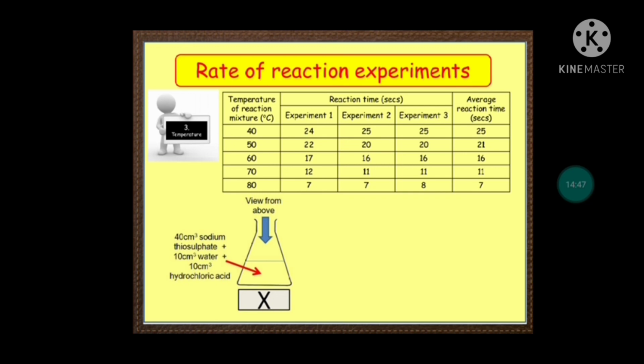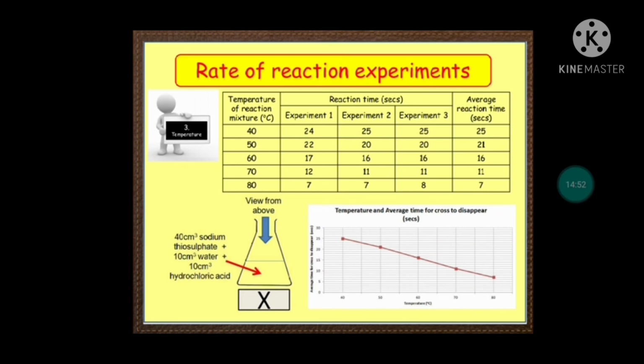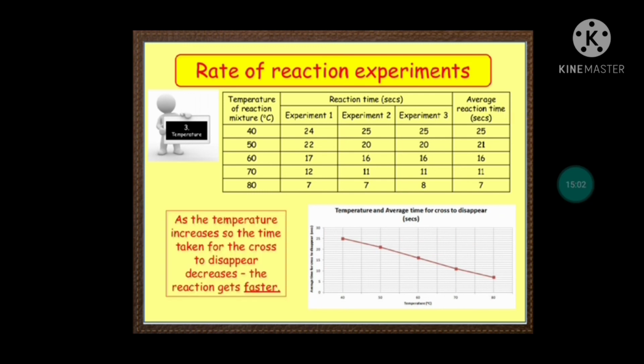Again, same thing, that cross is disappearing. So it means that whenever the reaction is at high temperature, the rate of reaction is going to increase. Yeah, so as temperature increases, the time taken for the cross to disappear decreases. There is just a cross, it is a manual cross. We put it below the conical flask on tiles or an asbestos sheet, so that whenever the product forms, that cross will disappear.